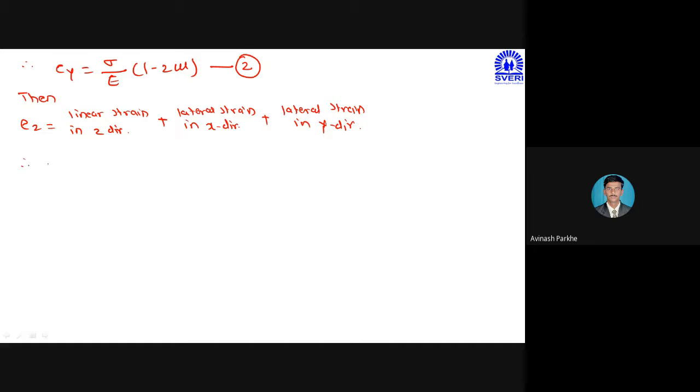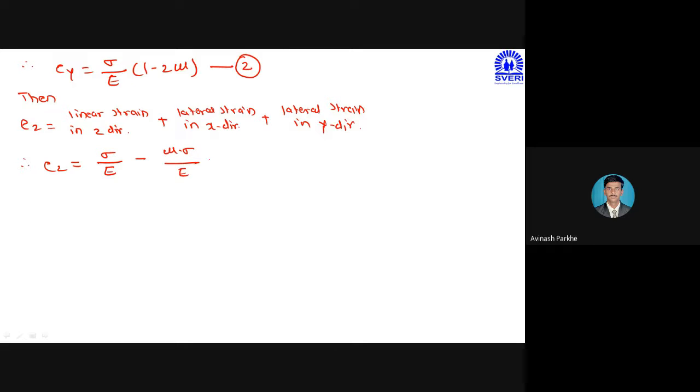Therefore epsilon z is equal to, linear strain means only sigma upon E, this sigma means your sigma z minus lateral, why it is minus, in the formula we take plus, but here we have taken minus because these are the lateral strains which go on decreasing, therefore mu into sigma upon E, this sigma